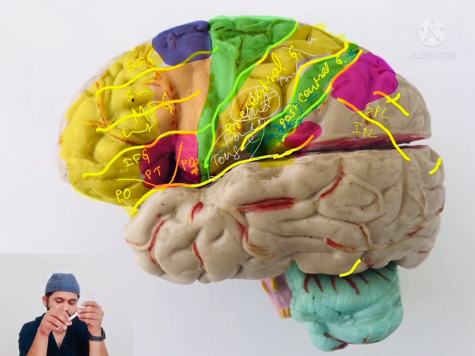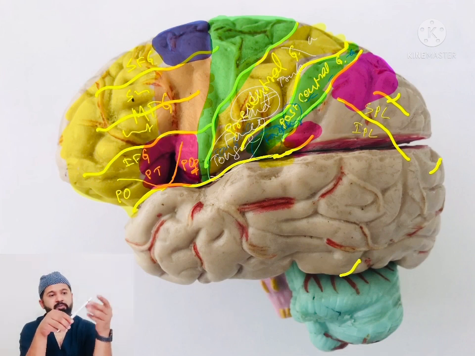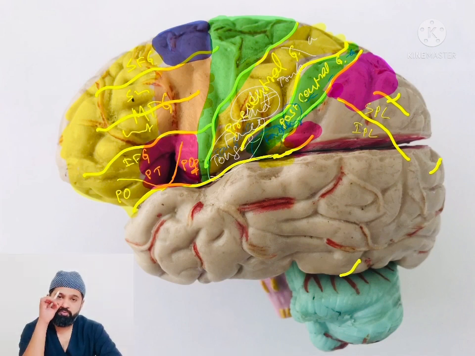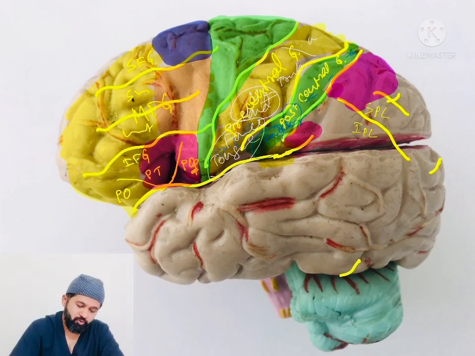Around 75% of the cerebral cortex mainly contains association areas, and these are the actual areas which make you understand what you are feeling and what you are perceiving. So this sensory association area is responsible for the perception of the texture, the shape of the object, or the surface, and this together is known as stereognosis.